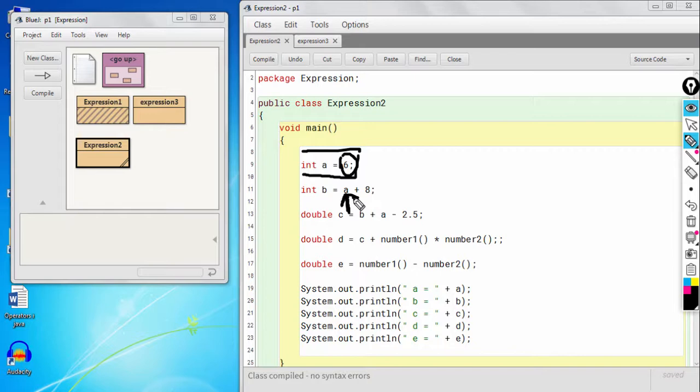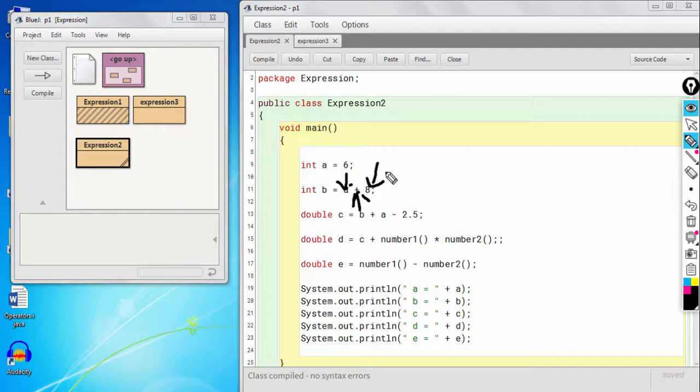Then operators. See, for example, this plus operator will act upon the two operands, that is a and 8, which are a variable and a literal respectively. So this plus operator will act upon those two operands and give you a final value, that is 14. Okay, so this plus also plays an important role in expressions.